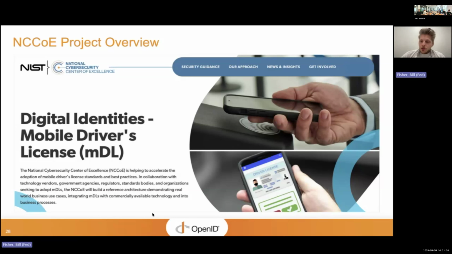So for the mobile driver's license project here, we have done just that. We thought mobile driver's licenses were a very interesting place for the NCCoE to operate because, one, here in the US, we saw states beginning to roll them out and citizens beginning to use them and have those credentials provisioned to their wallets.